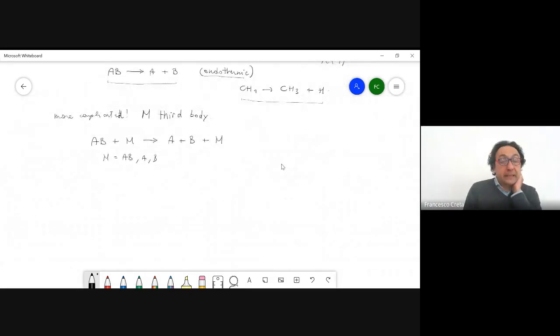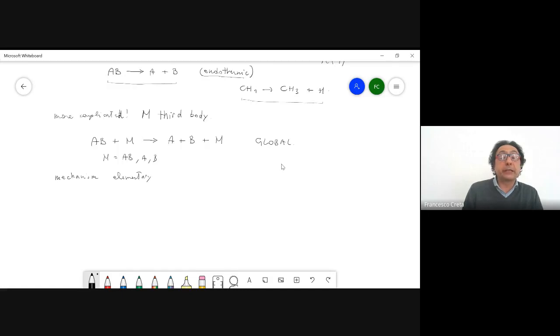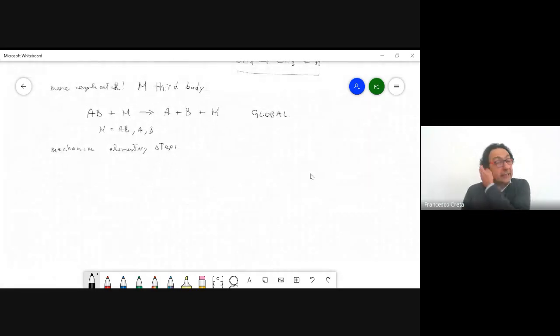Now, you may ask, but is this reaction that I just wrote down an elementary reaction? Is it actually what's going on? And the truth is no, okay? This is still a global process. It's still a global representation of what's actually happening. So what is actually happening, okay, is a mechanism of the following elementary steps, okay? So the fact of the matter is that this is just a global representation of three processes,